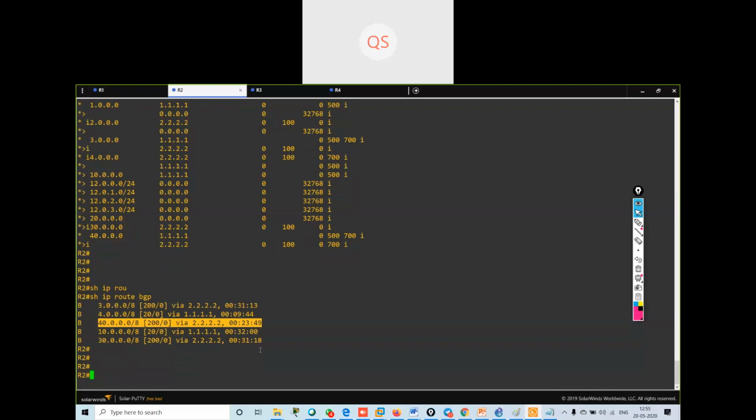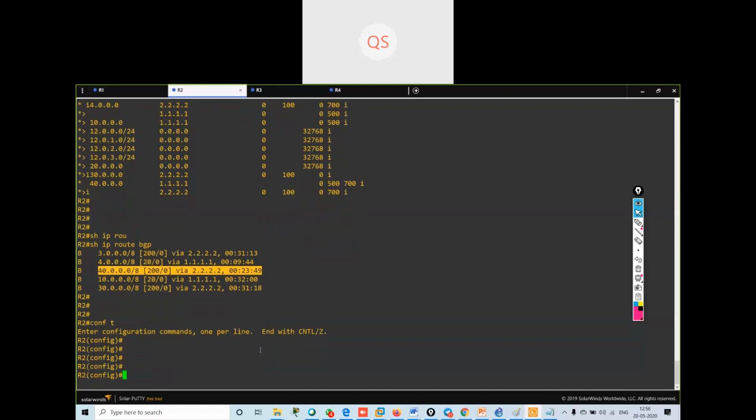We will change the routes for those routers as we change the local preference. You can see over here, all the local preferences are 100.